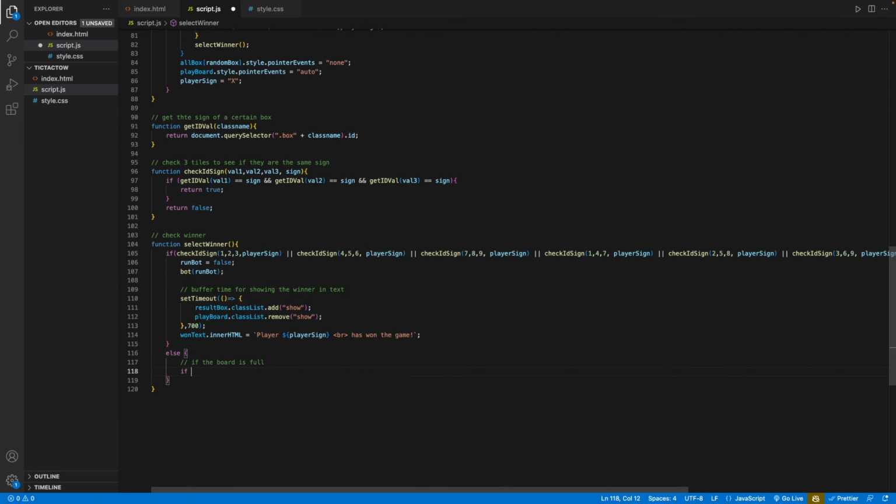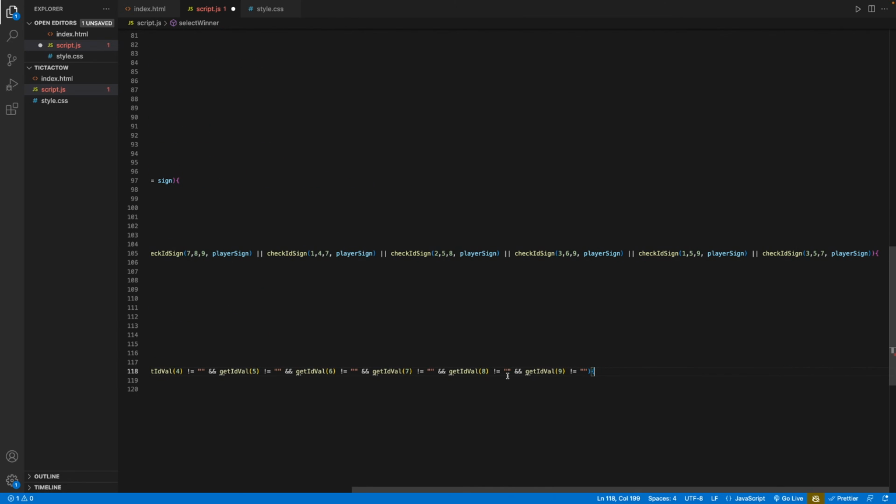So if get ID value 1 is not equal to empty, which means it has something. So we will do that for every box in the board. So let me quickly copy and paste. So if 1, 2, 3, 4, 5, 6, 7, 8, 9 is not empty, which means they're full,